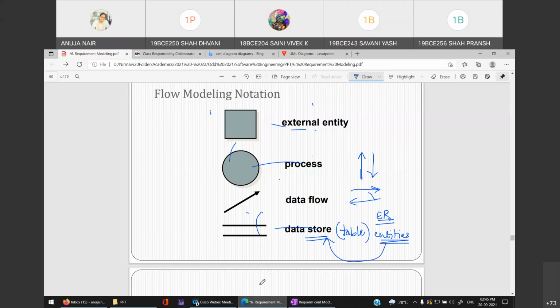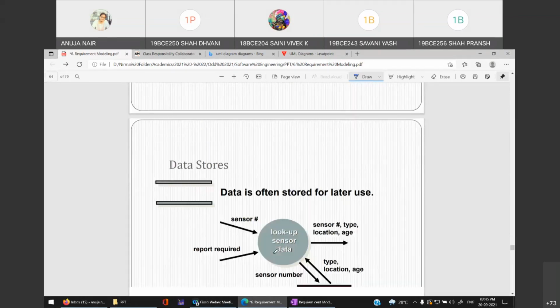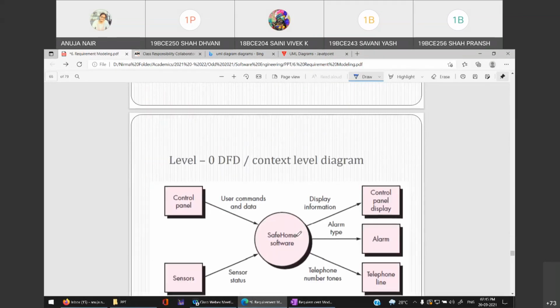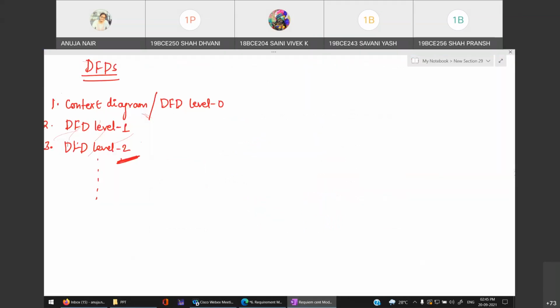Okay, now let's just directly jump into how a context level diagram looks like. So this is one context level diagram. The system is safe home system. जितने भी examples हमने देखे थे वो सब safe home के थे. Now when you are making a context level diagram, which is a level 0 DFD, right? In level 0 DFD, what do you show? You show your overall system. So in level 0, which is the first diagram, what happens is your entire system is one process.